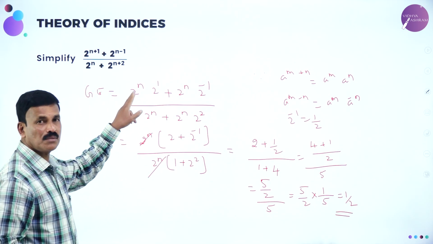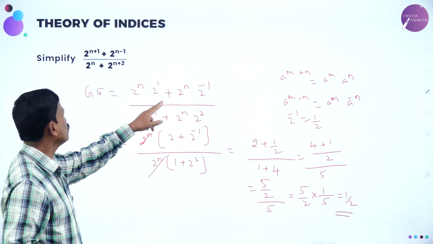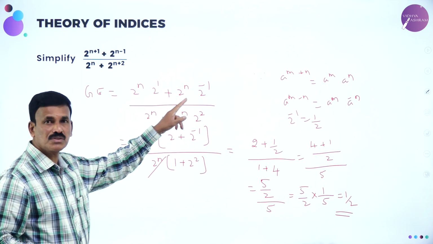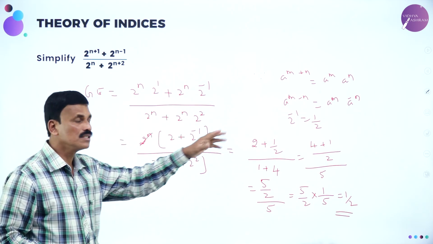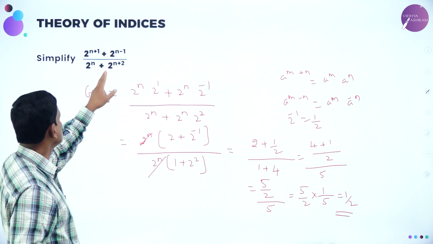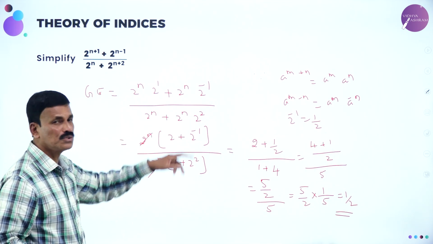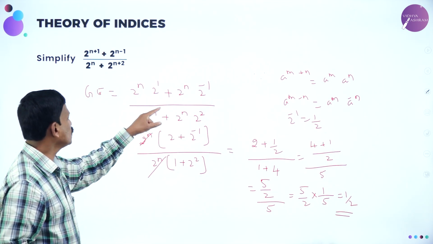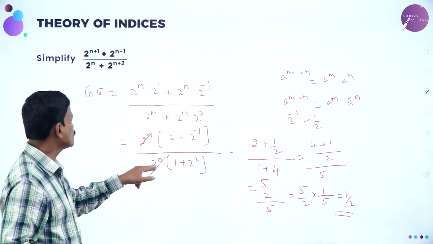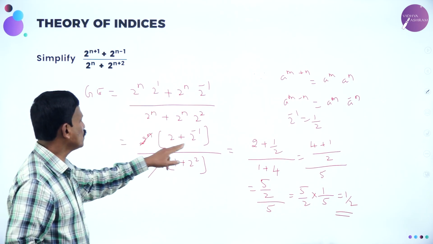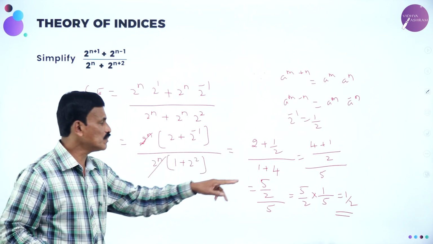So the given equation can be written as 2 raised to n into 2 raised to 1, plus 2 to the power of n minus 1 is 2 raised to n into 2 raised to minus 1. Again in the denominator, 2 raised to n as it is, 2 raised to n plus 2 is 2 power n into 2 power 2. In the numerator we can take 2 power n common factor, denominator also 2 raised to n common factor. 2 power 1 is 2, 2 raised to minus 1 is 1 by 2, divided by 1